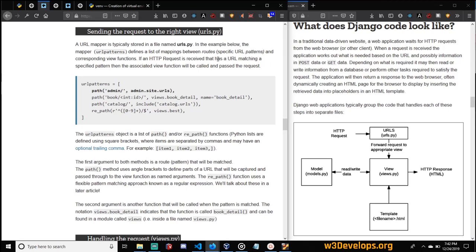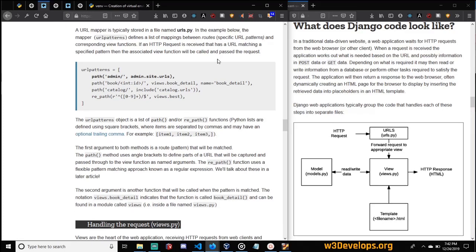If an HTTP request is received that has a URL matching a specified pattern, then the associated view function will be called and passed the request. So as we see here,